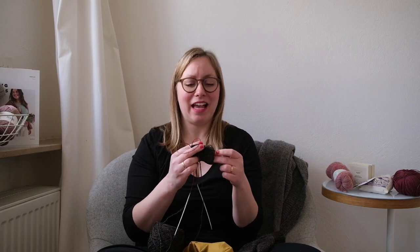So it's a little hack that I know about myself. Now that I have this on my needles, it's easier for me to pick it up rather than just remember that I still have to knit the second mitten. So there we go. And I'm really excited because they will be done and then they'll be blocked, and then